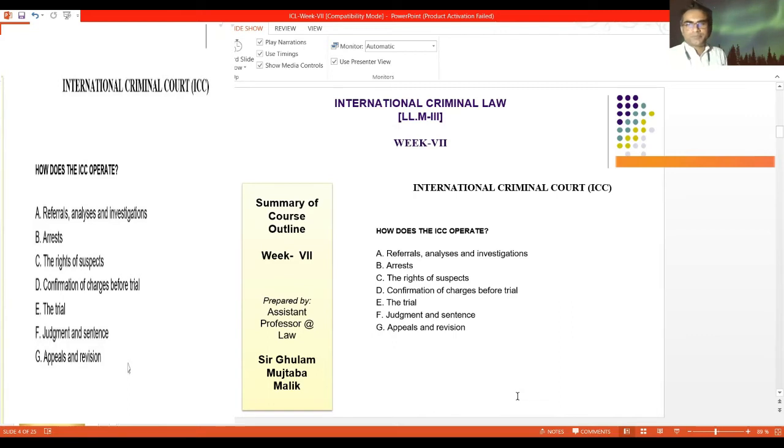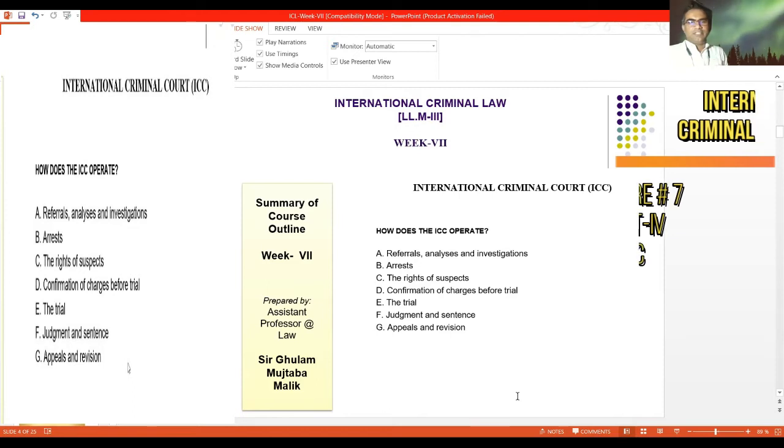So these are the rights of the suspects. Suspects are presumed innocent. They are present in the courtroom during the trial, and they have a right to a public, fair, and impartial hearing of their case. To this end, a series of guarantees are set out in the court's legal document, including the following rights, to mention but a few. Number one, to be defended by counsel of their choice, present evidence and witnesses of their own, and use a language which they fully understand and speak. Number two, to be informed in detail of the charges in a language which they fully understand and speak.